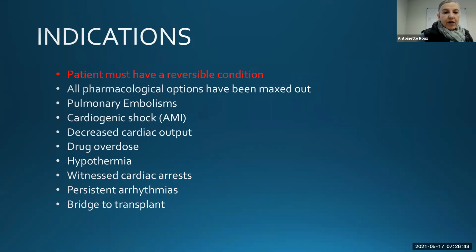And they actually do well afterwards, provided they won't use drugs again. Then hypothermia. We will put hypothermic patients on VA ECMO and not on VV ECMO. The reason for this is that in hypothermia, your patient's metabolic rate slows down to a state where the heart sometimes stops. So in VV ECMO, you still need a perfectly functioning heart to actually push forward the blood into